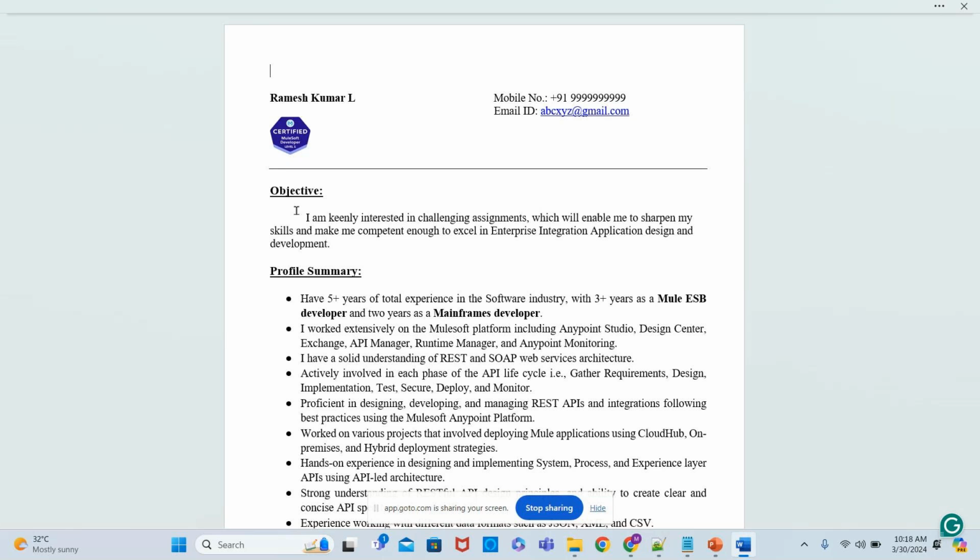You are already ahead of the other 40 members, exactly. If you don't mention this, nobody has the time to go and see whether you have a certification or not. That is the reason why, always, if you have multiple certifications,